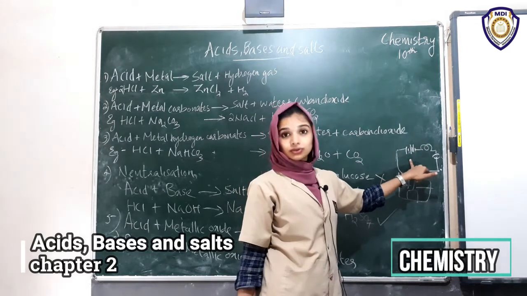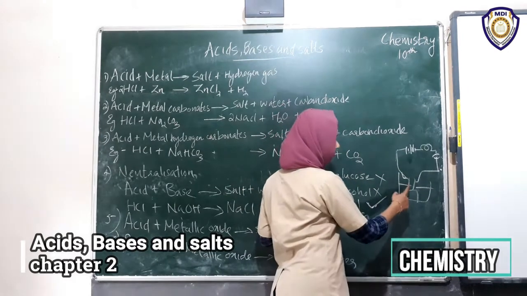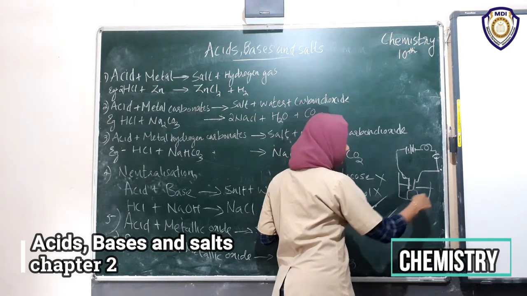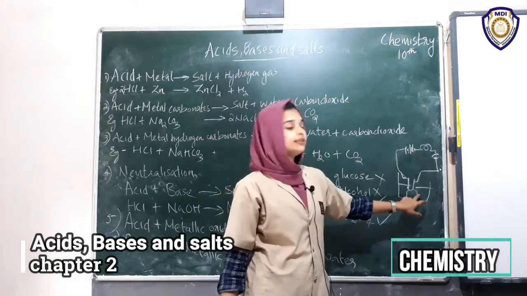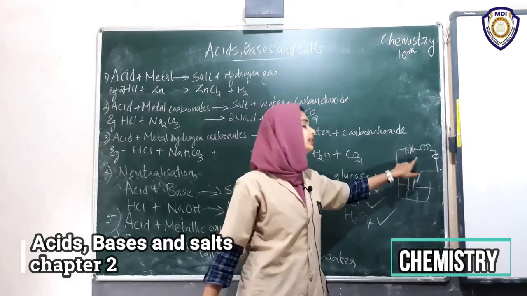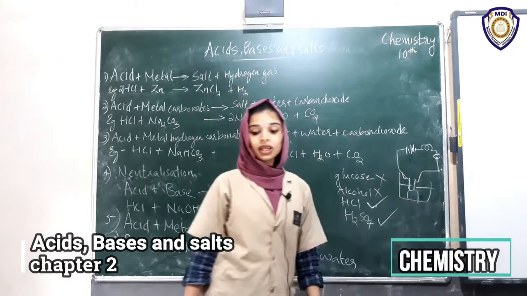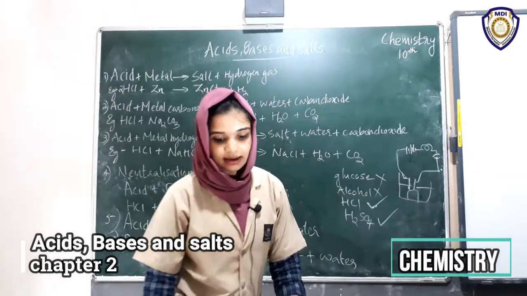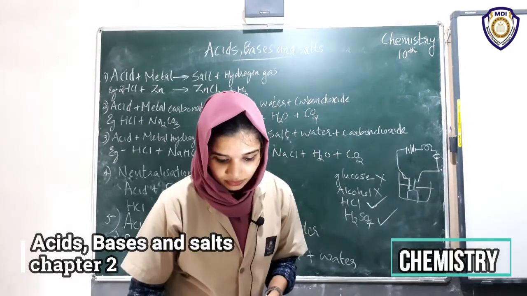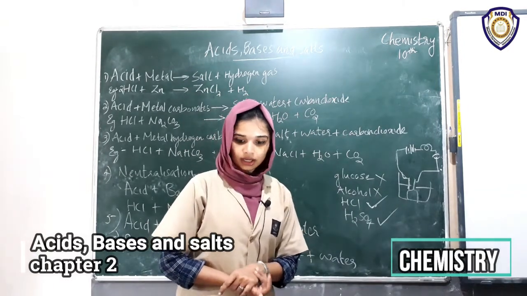For the current to flow, the circuit should be closed. The circuit ends here at these nails, but it is connected through the liquid also. In the liquid, the current is carried by ions. In the outer circuit, the current is carried by electrons. Which ions are present here? In hydrochloric acid, H plus is the cation and Cl minus is the anion.